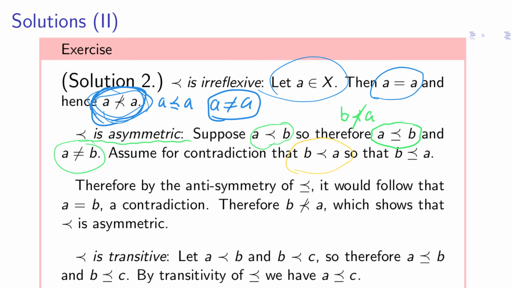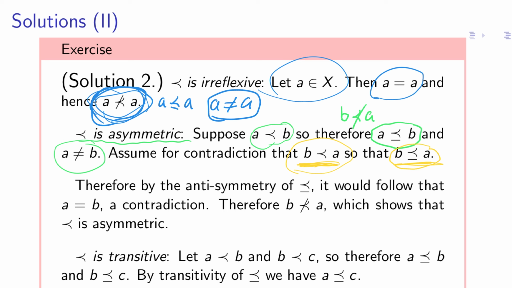Now from the assumption for contradiction that B precedes A, then B ⪯ A, because the strict relation communicates both ⪯ as well as not equal to. In any case, it is immediate from definitions that